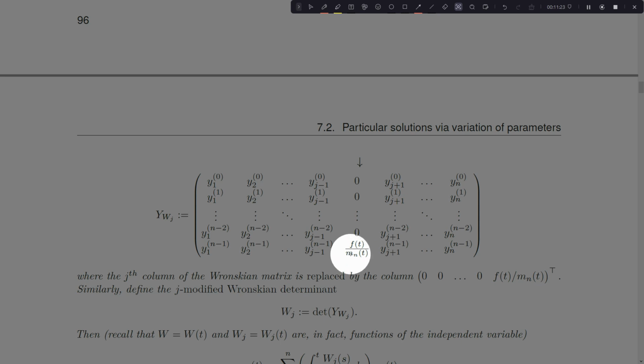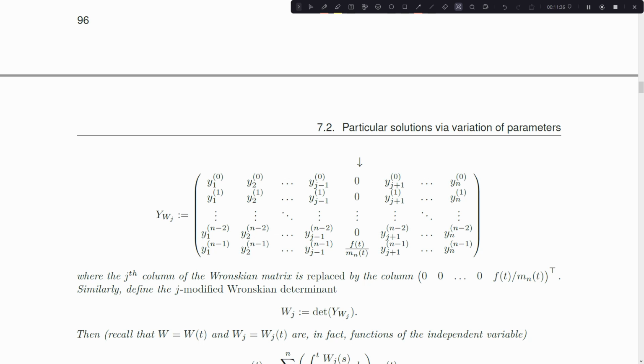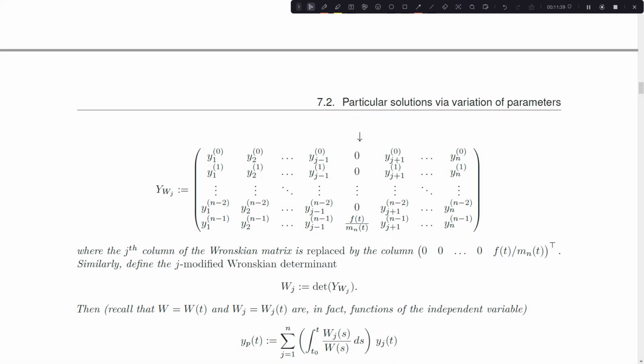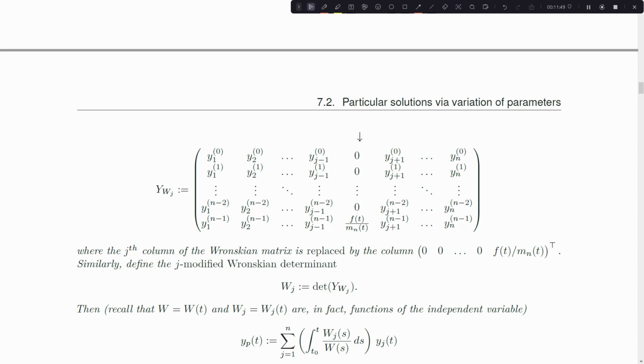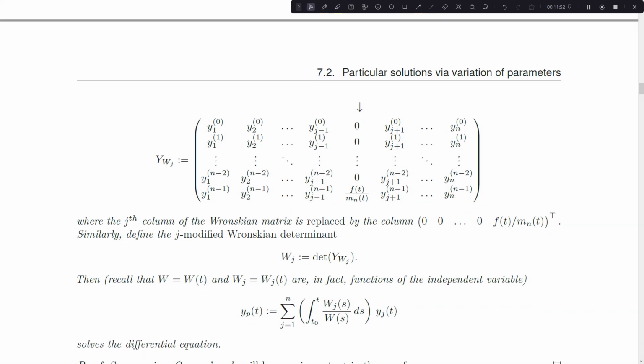So I have to divide by the top scalar multiplying function, and then I replace the jth column, y sub j, with w sub j. The jth column gets replaced. Okay, so we also have associated Wronskian determinants to these w sub j's. I'm just going to take a determinant here and call that w sub j. And the theorem statement, this is the best part about the theorem, is it says the particular solution, any